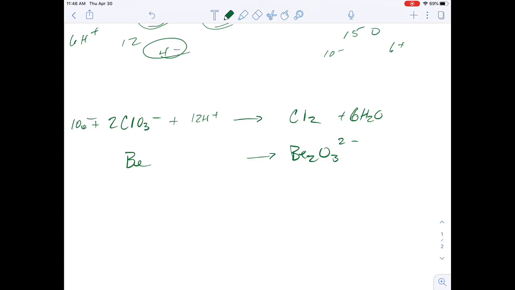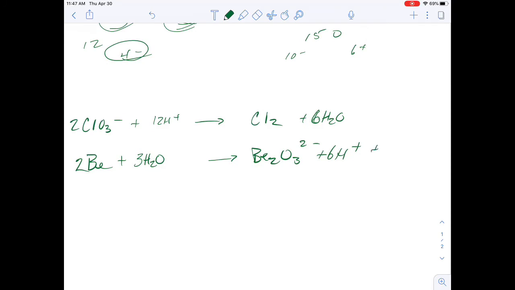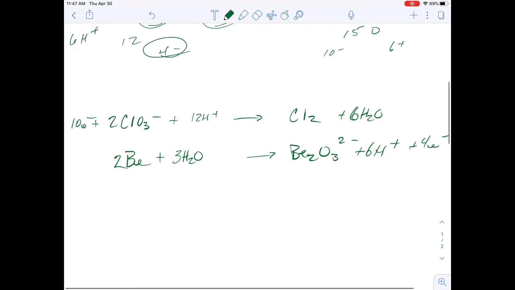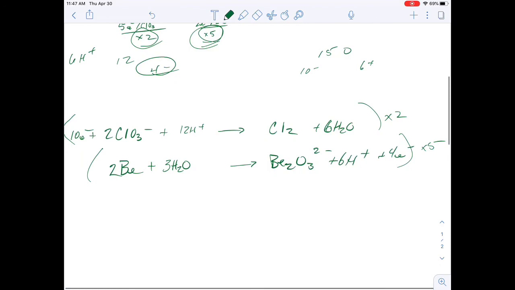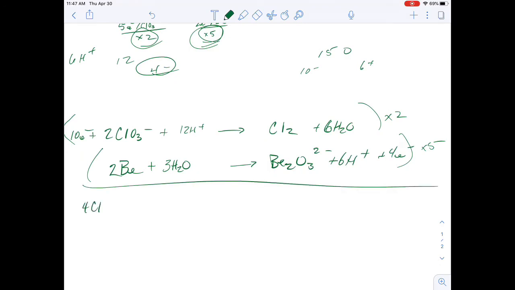In the second reaction, I'm going to have 2 berylliums. Now the berylliums are equal, but I'm going to need 3 waters here. And if I've got the 3 waters, then I'm going to need 6 hydrogen ions here. I've got a total of 4 positives in the products, 0 in the reactants, so I get 4 electrons here. And then I can balance my electrons. The lowest common multiple for 10 and 4 is going to be 20, so I'm going to multiply this by 2, and this one by 5. Then if I do that, I'm going to end up with 4 chlorates